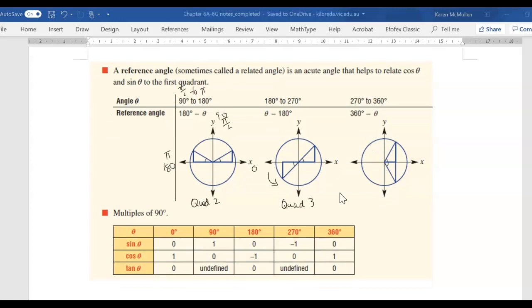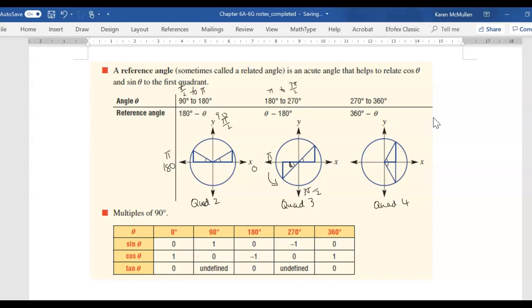All right, sorry, I just had a little blank. So it is 3 pi on 2, and this one is pi. So if we're going from pi to 3 pi on 2, the same as 180 to 270, we do the angle minus 180. So pi minus 180 will give you just this angle in here, and we use that for our reference angle. I'll talk about that in a second. Then if we're in quadrant 4,